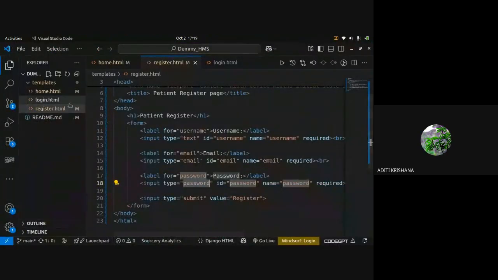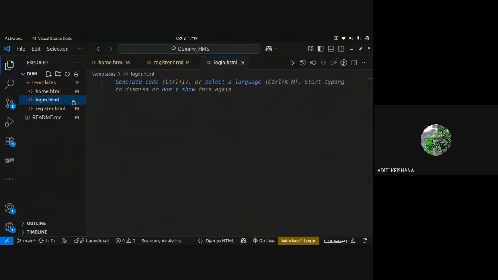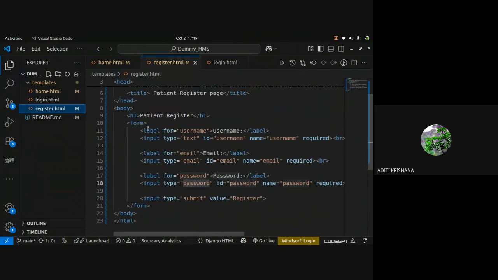Now comes the login page. The login page is the same thing as the register page. We will be creating a form, and here in the login page also we will be typing the details: what is our password and username. It is your choice what you want to take as the first thing, and password is generally taken by everyone at the time of login. So you can choose either a username and password combination or an email and password combination for doing the login.